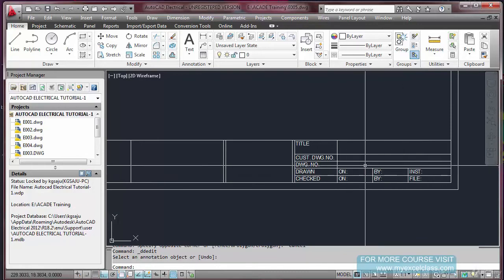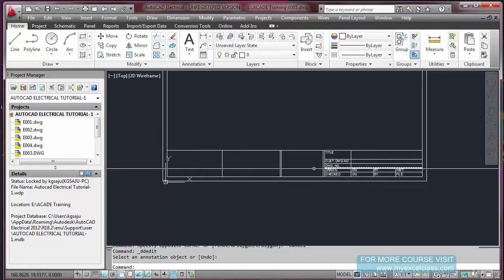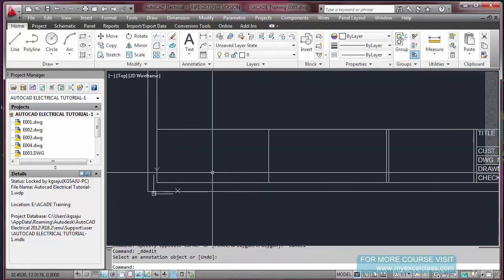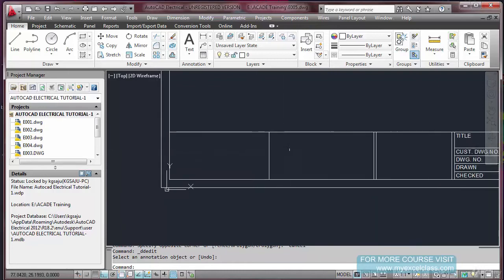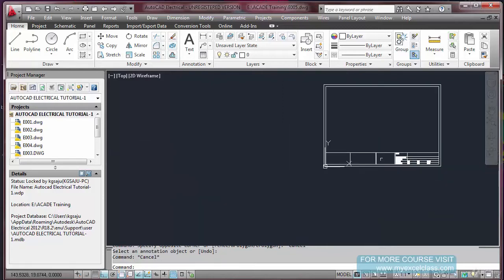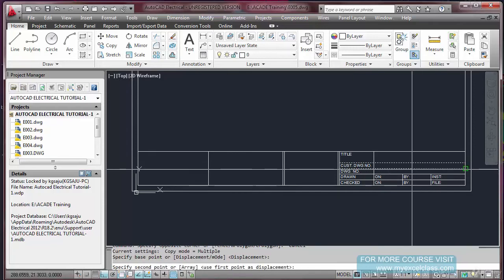You will be able to find this. This is one portion. Like this, you can put revisions here, or customer name, application, whatever you want, you can fill. If you want, I can do a few more here.